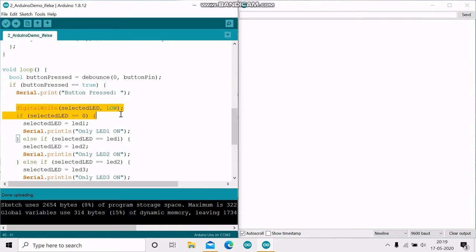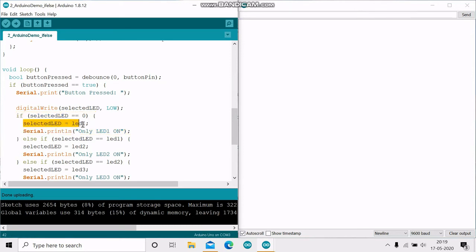The very first thing that I do is turn off the selected LED, and so at the very first time my selected LED value is 0, and since I have nothing connected to it, no action will happen, but the code execution will enter this block because I'm checking for the condition selected LED is equal to 0.